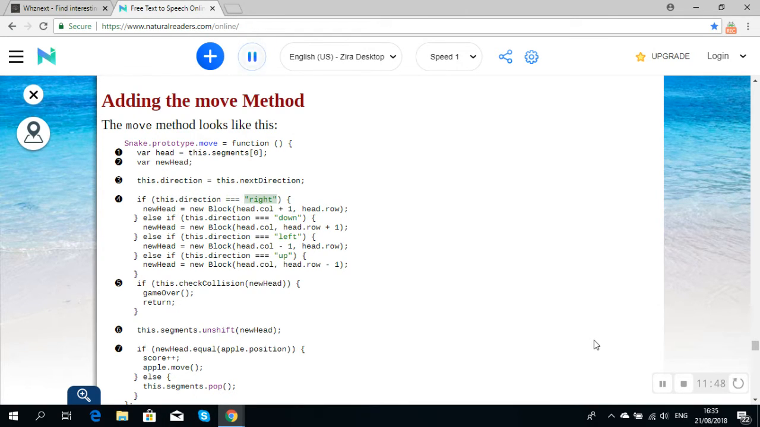if (this.direction === "right") { newHead = new Block(head.col + 1, head.row); } else if (this.direction === "down") { newHead = new Block(head.col, head.row + 1); } else if (this.direction === "left") { newHead = new Block(head.col - 1, head.row); } else if (this.direction === "up") { newHead = new Block(head.col, head.row - 1);